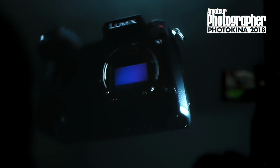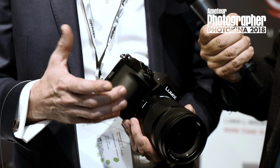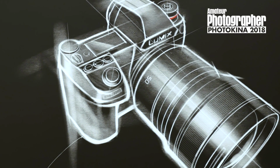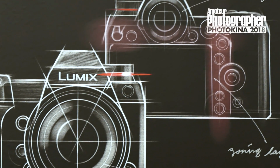a professional tool. It's a little bigger than the other competitor full-frame mirrorless cameras, isn't it? Yeah. What's the reasoning behind that? Well, again, it's about listening to feedback. One of the key things that we were told is about the ergonomics of the grip, how it feels in the hand, and that was so important to us that we wanted to actually make sure that it was a tool that a photographer could use on a daily basis without feeling constrained by the grip or how it operates